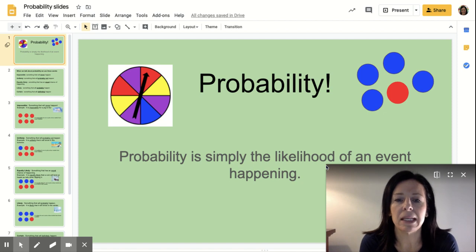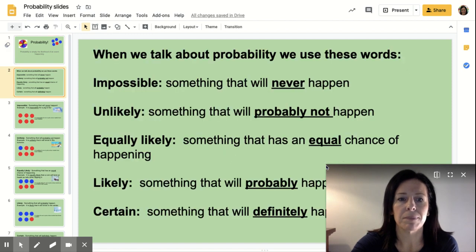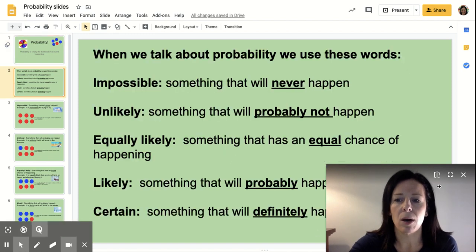So, probability is simply the likelihood of an event happening. So, we're going to learn some new words about probability. So, when we talk about probability,